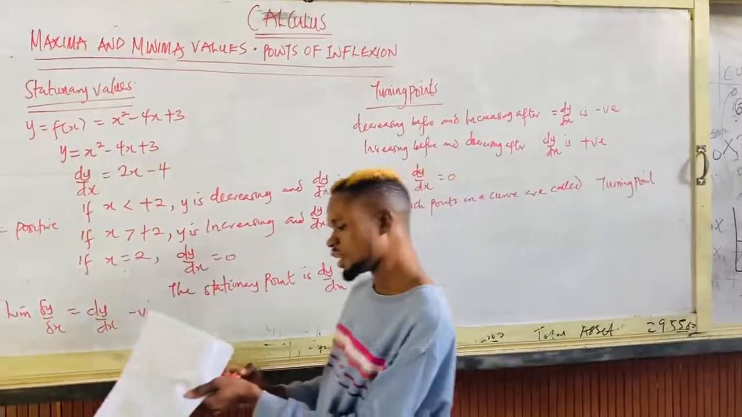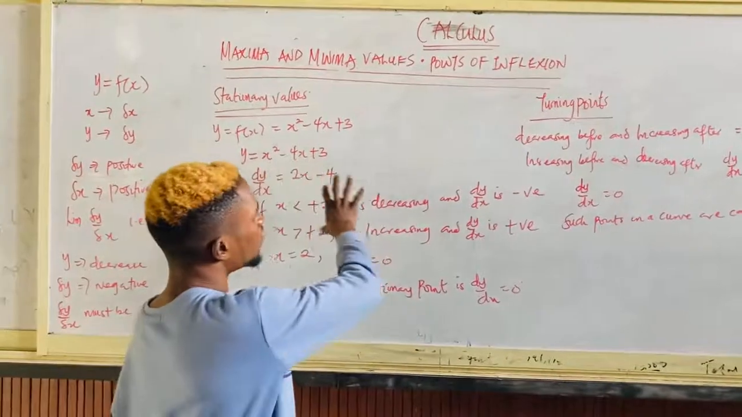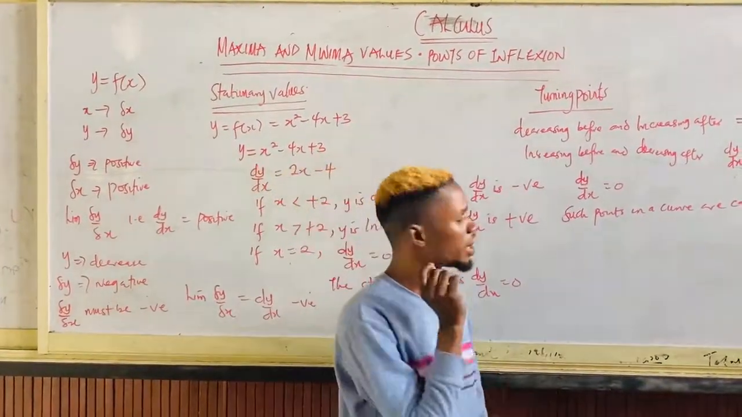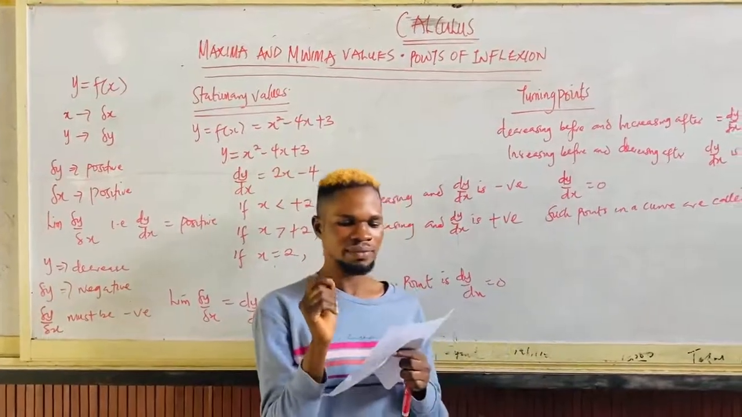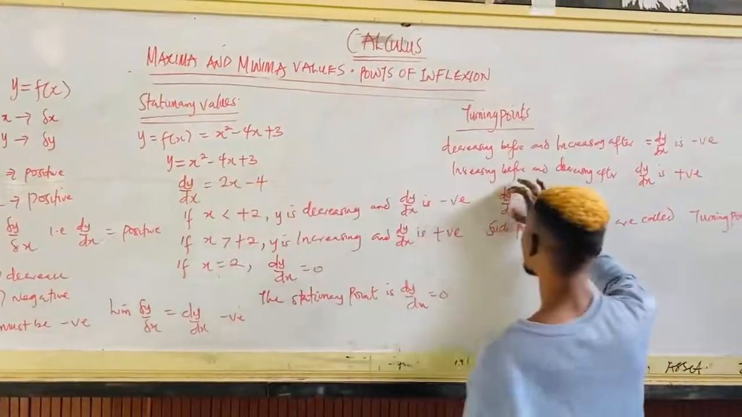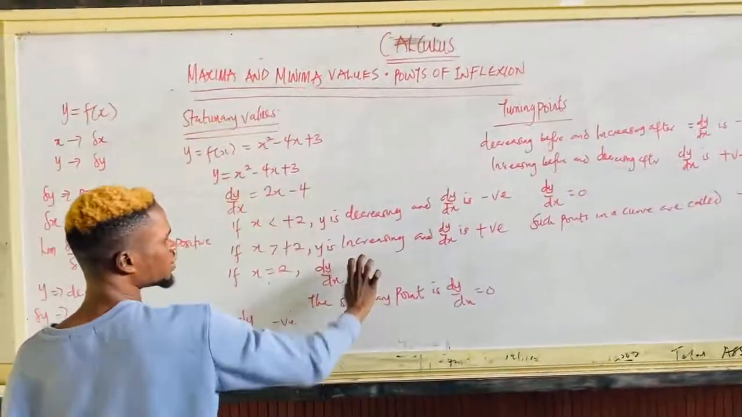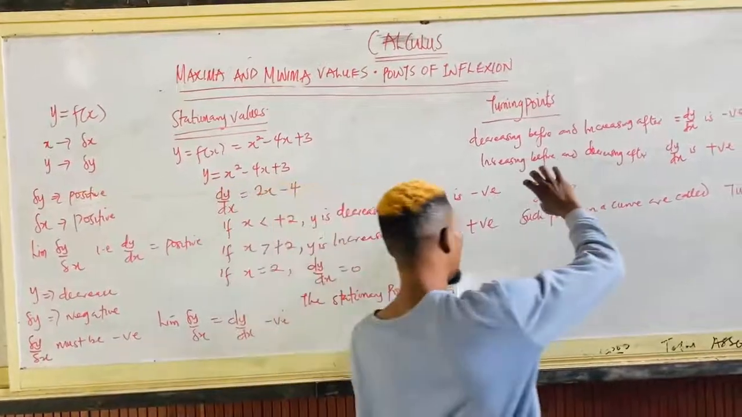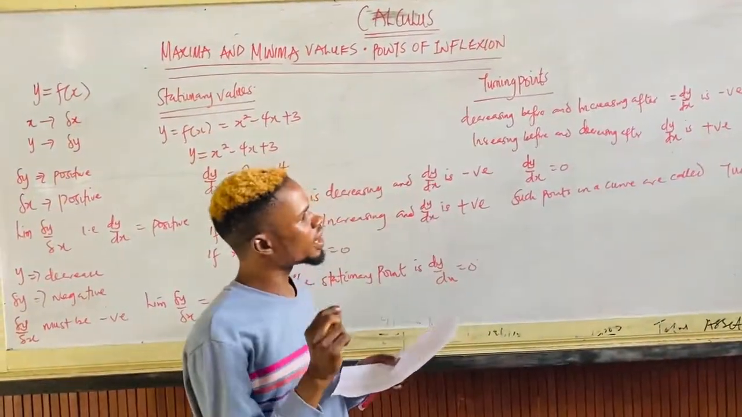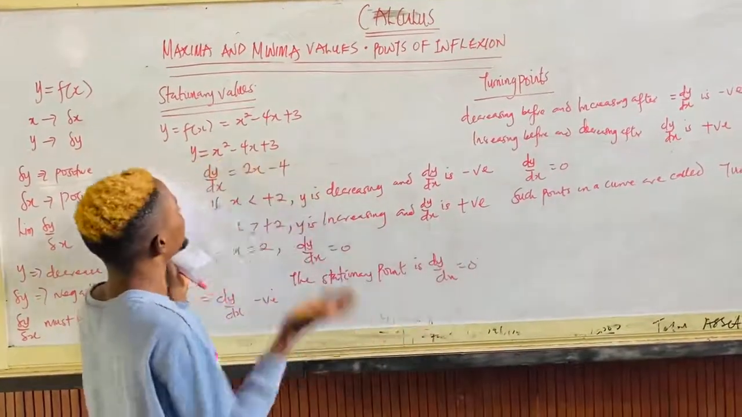Now there's this point to note about stationary values and turning points. They both have this essential condition, which is dy/dx taken as 0. For a stationary value, dy/dx is 0, and for a turning point, dy/dx is 0. It is the behavior of the differential coefficient that differentiates the function from the stationary values